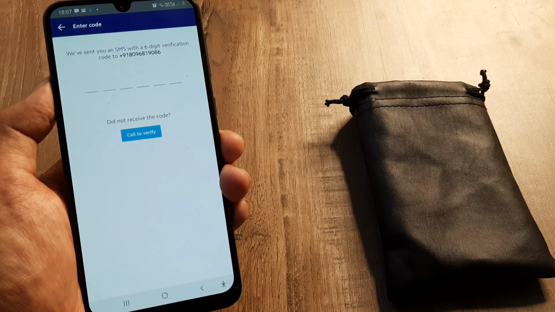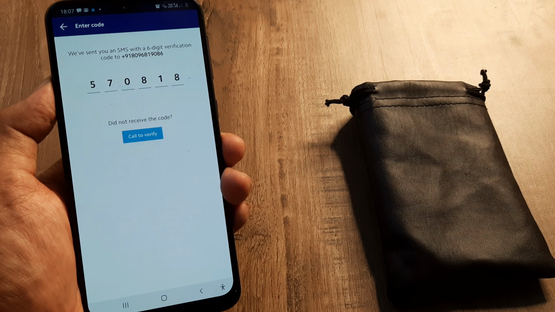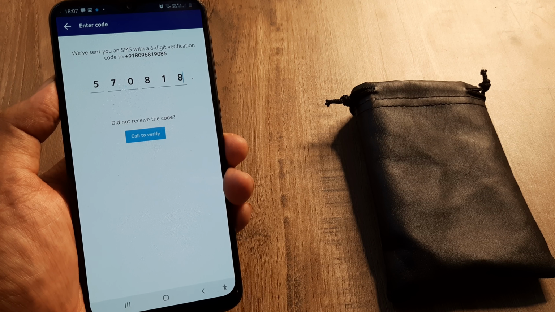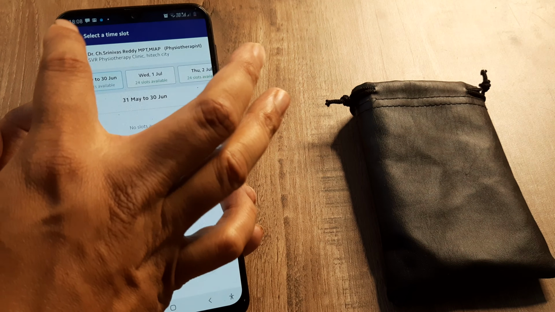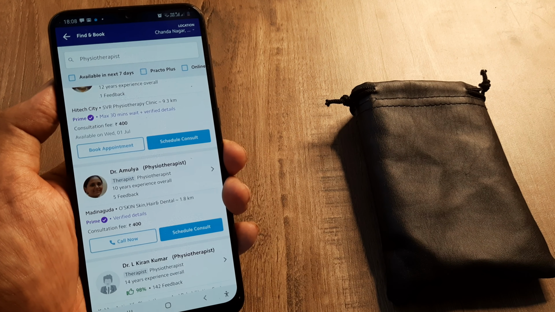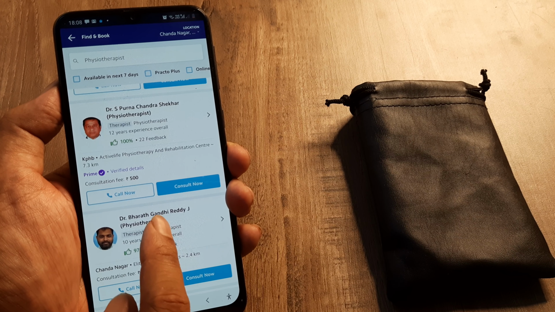So we'll allow that. And there you go. So actually, I've just paused it. We have actually already booked the slot for Srinivas Reddy. So this is how simple it is. I mean, it could have been very well similar for something else that you want to do.